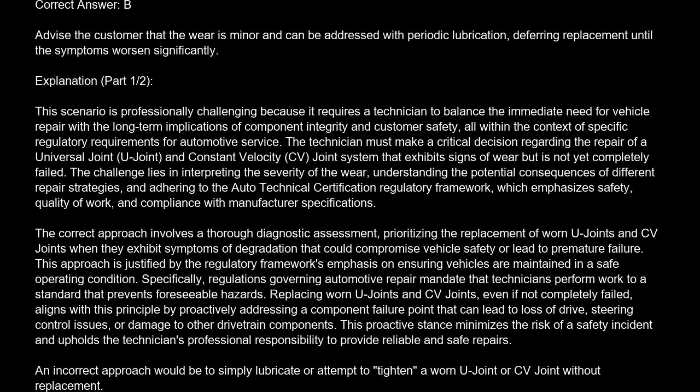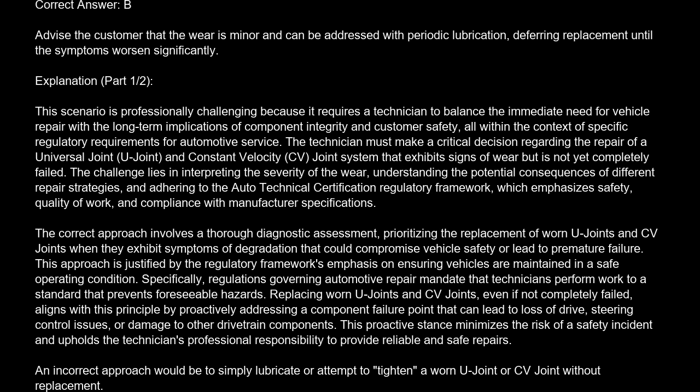This approach is justified by the regulatory framework's emphasis on ensuring vehicles are maintained in a safe operating condition. Specifically, regulations governing automotive repair mandate that technicians perform work to a standard that prevents foreseeable hazards. Replacing worn U-joints and CV joints, even if not completely failed, aligns with this principle by proactively addressing a component failure point that can lead to loss of drive, steering control issues, or damage to other drivetrain components. This proactive stance minimizes the risk of a safety incident and upholds the technician's professional responsibility to provide reliable and